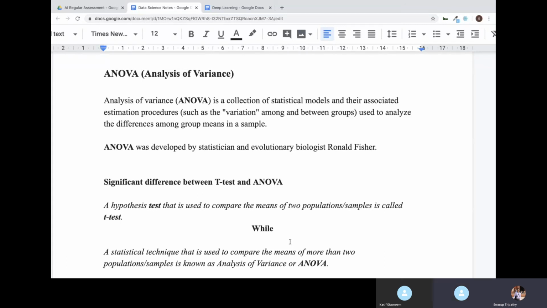The basic test in ANOVA is called the F-test. We are going to see the F-test tomorrow. So we'll wind up here. Also, you can prepare a little bit on statistics. We'll have some MCQs on statistics, the basics of statistics, the descriptive part, and then we'll start with ANOVA.